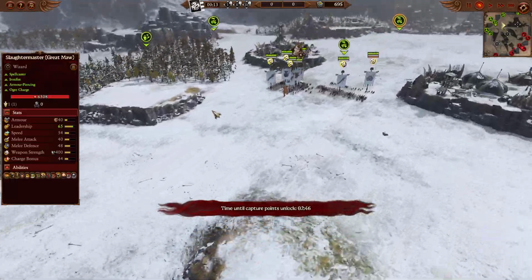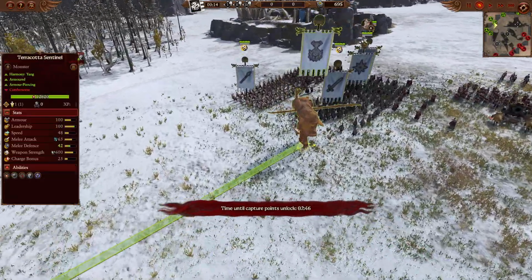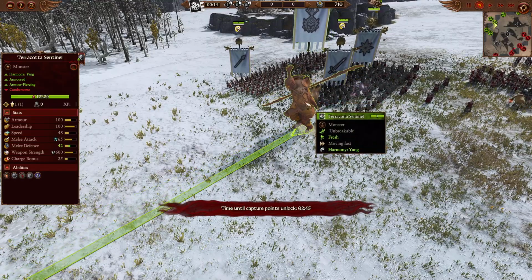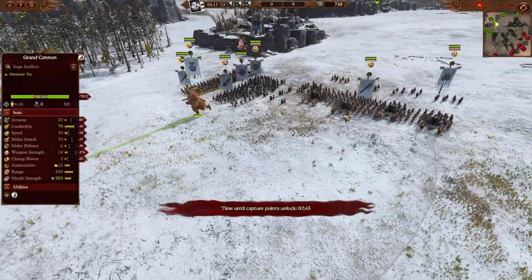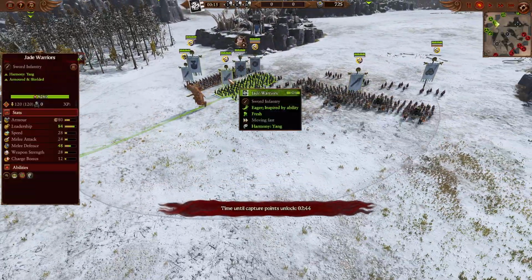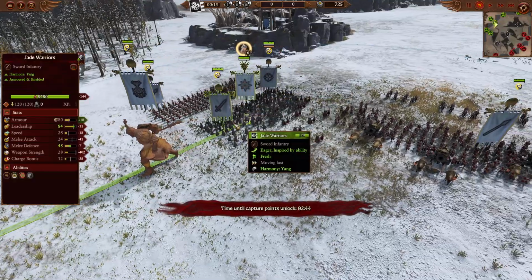So for Grand Cathay, we are going to start at the front here with the ginormous, my favourite boy, the Terracotta Sentinel. The man, the myth, the legend, going to be leading the front line here, charging into battle. We are going to have 3 units of the Peasant Long Spearmen and a unit of the Sword and Shield Jade Warriors. Now we are going to have the Lord choice, which is going to be Miao Ying, the Storm